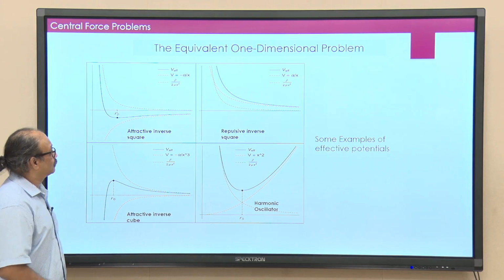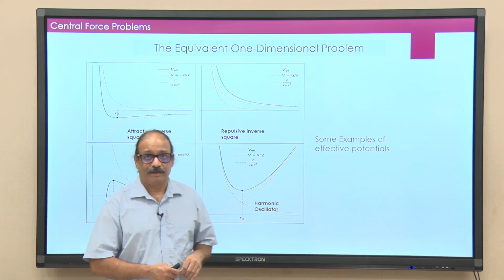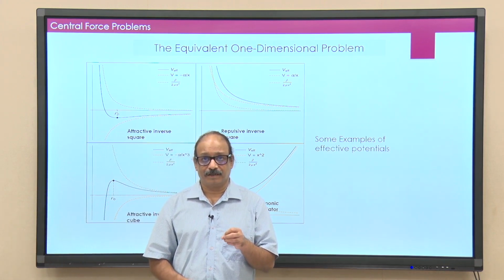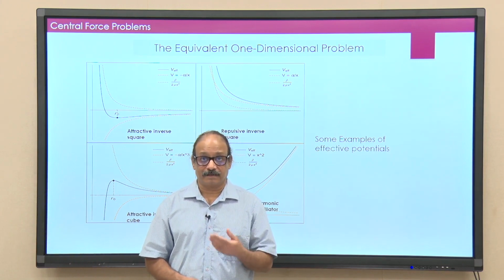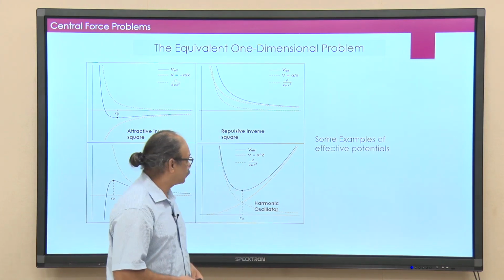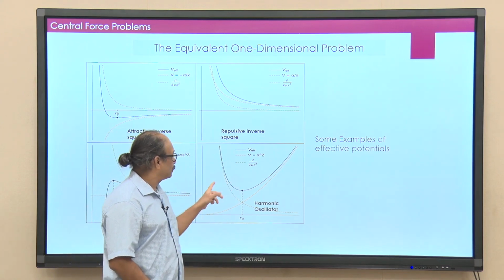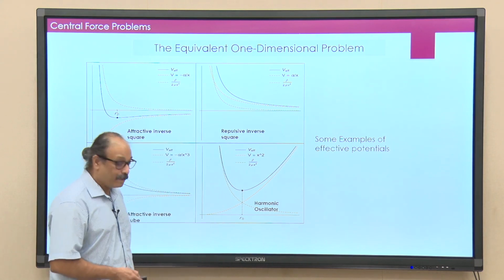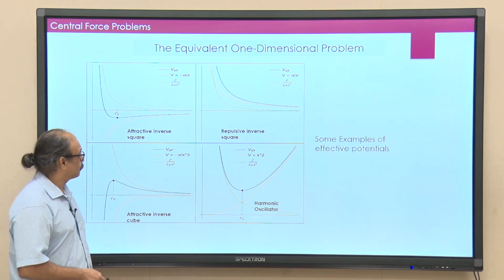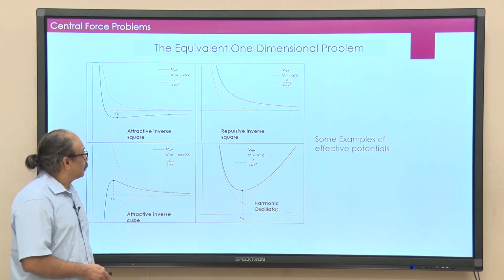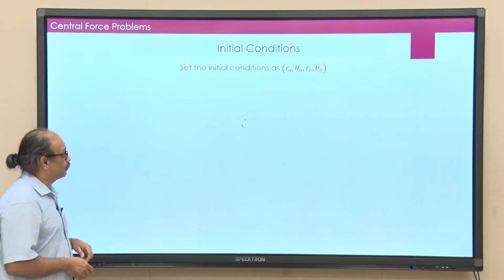Okay. And once we have this potential graph, the good thing about one dimensional motion is that the moment you have a potential graph, you can very easily guess the nature of the motion of the particle. So, here of course, we will be talking about motion in one dimension, that is motion in r alone, but later on I need to put it together with theta to get the complete motion. Okay. So, here is something that we must think about before I go further.